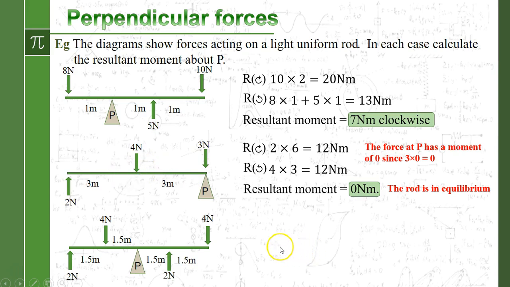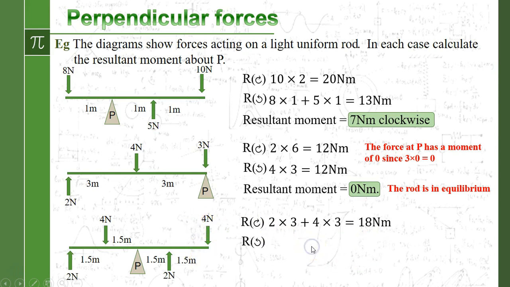Okay, on we go, and let's have a look at the last one. So if we go clockwise on this one, what's happening with the clockwise? Well, we've got this one here. So that's 2 newtons times by the 3 meters. And then we've got the 4 Newton force here, so 4 times 2, so we've got 18 Newton meters going